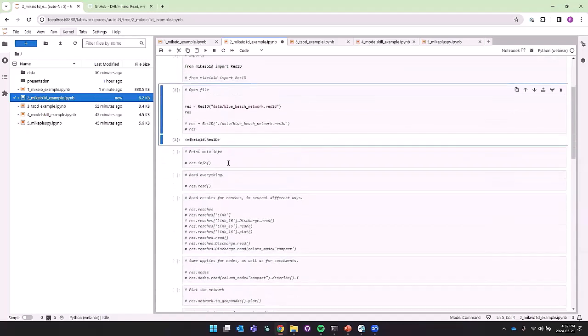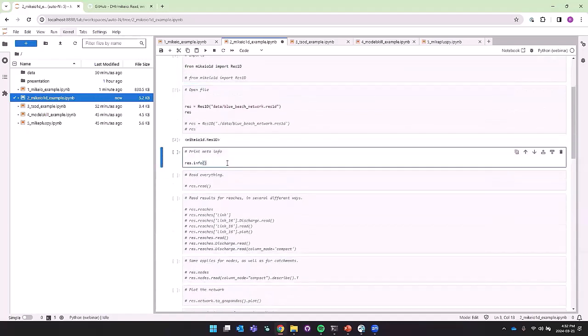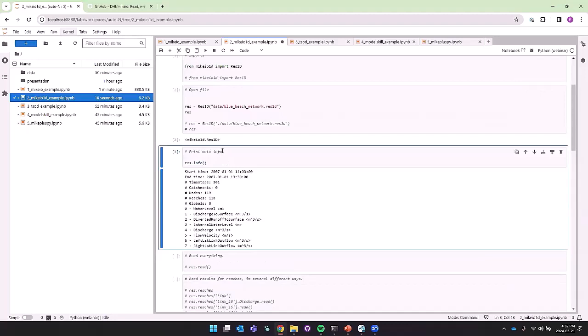That means it's open. We can print some high-level meta info about it. So again, we get the number of time steps, the start and end time, how many catchments there are, because this is just the network result, not the catchment, it's showing 0. But we have the number of nodes and reaches, and then all of the different items that are in here, and also their units.